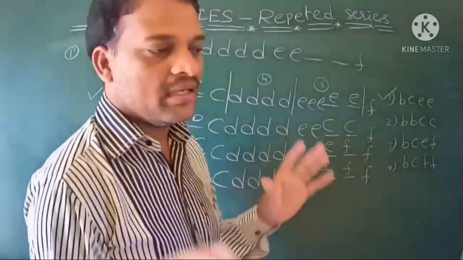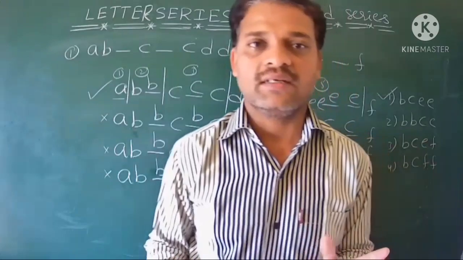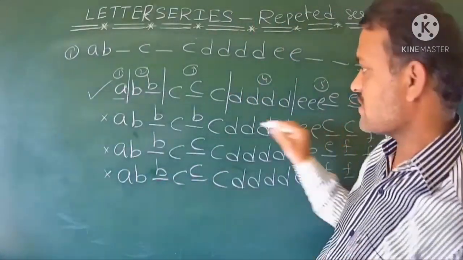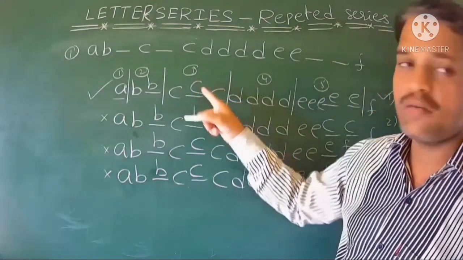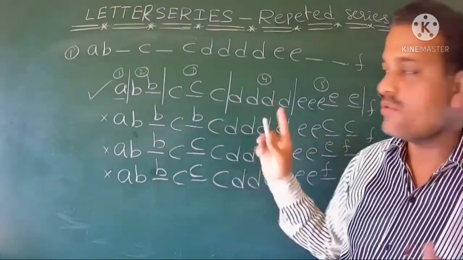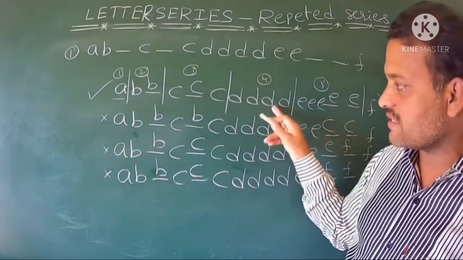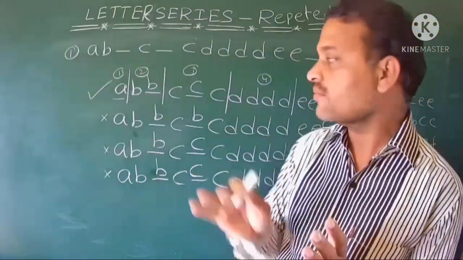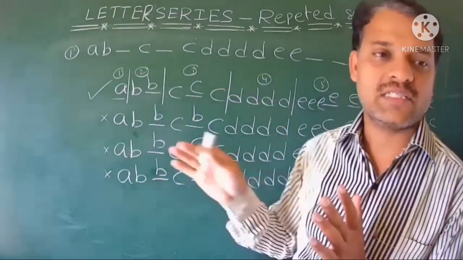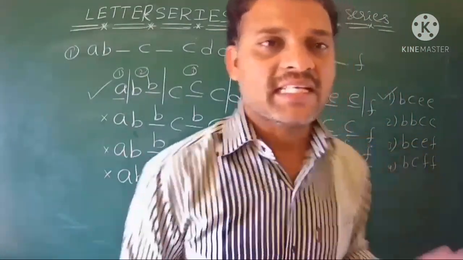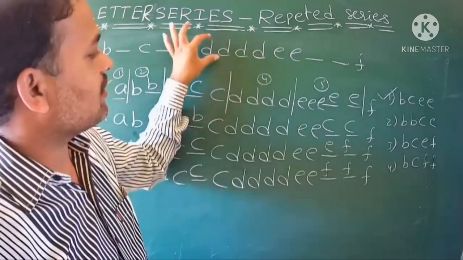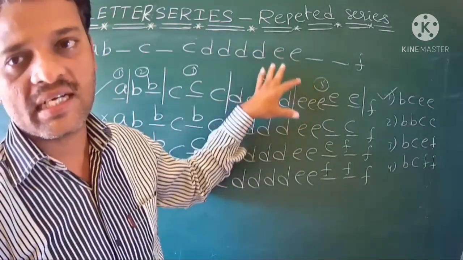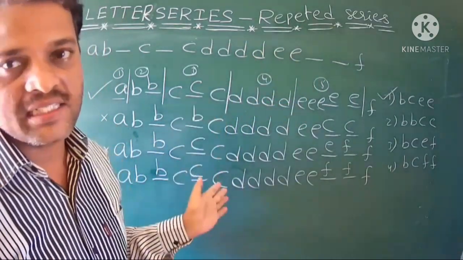So first of all, for the given repeated series question, all four options are given, so write the given question four times and substitute all four options. Then check which option has the particular series as a continuation series. Okay, so from the next sum onwards, I will directly give the questions and answers, and I won't explain all those things again. So all the questions you have to practice.